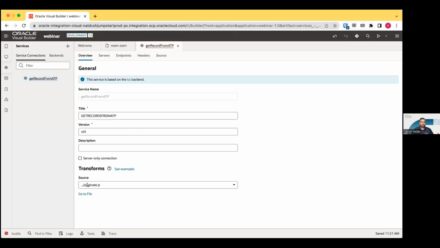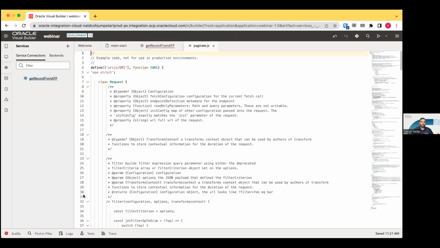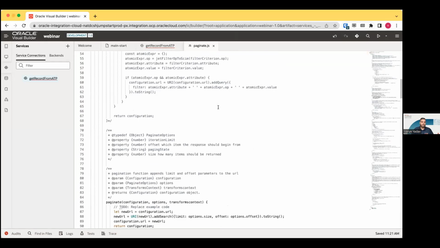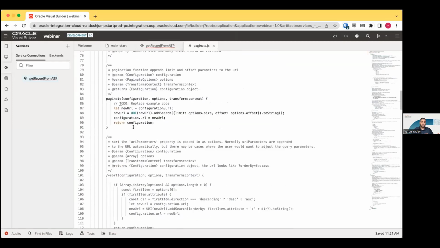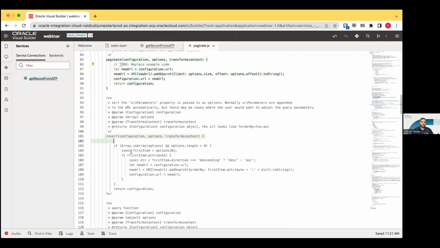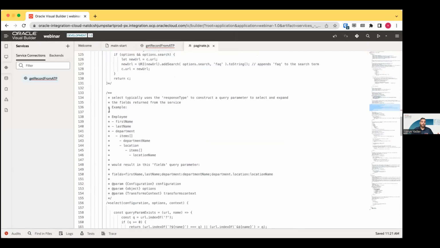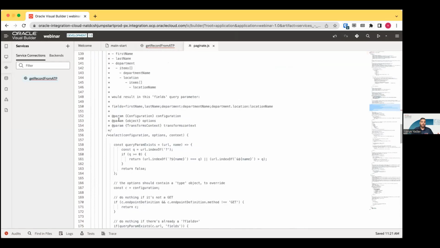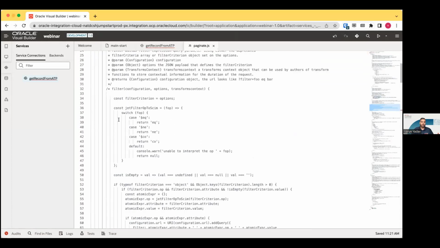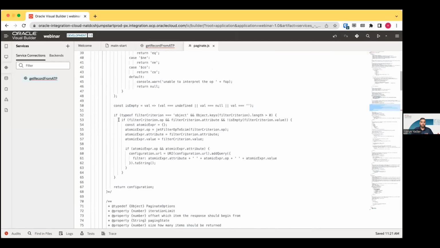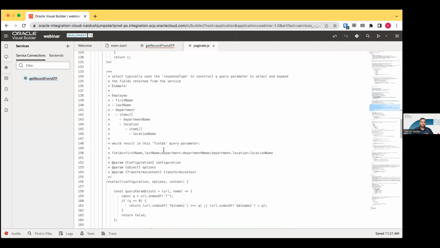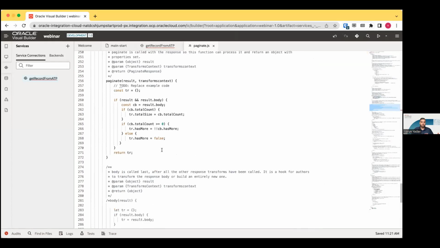Right. So our source is created, and if I click on the Go to File option, you can see everything is created by the VBCS itself. Most of the things are commented because we only selected paginate right now. But if you scroll down, you can see there are different functions like sort and others that were available initially. So we'll just focus on paginate for now. You can see this is the function that is created by the VBCS,